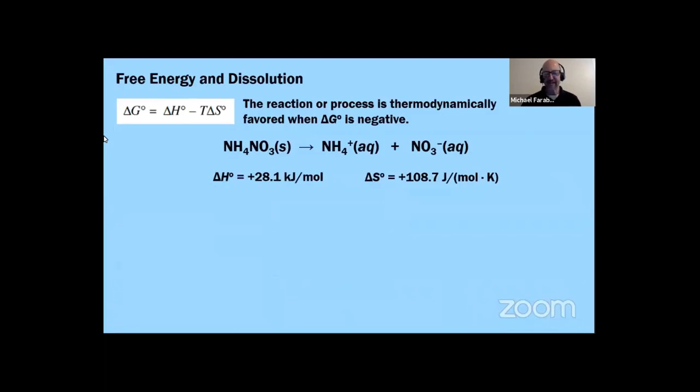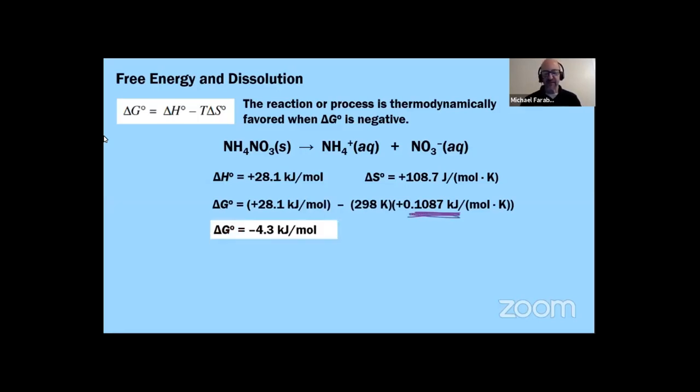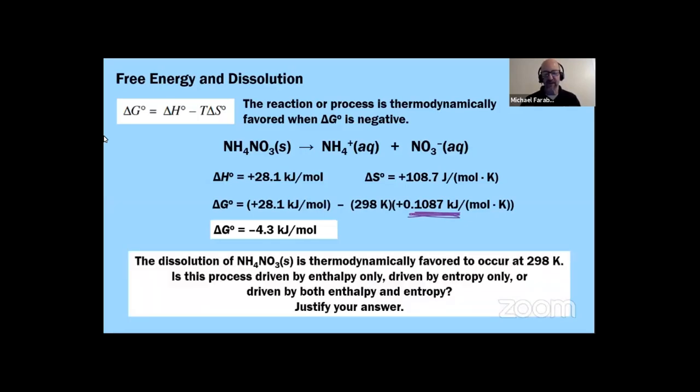I'll give you a hint. This is a soluble ionic compound. It's very soluble. So what would you predict your delta G to be, positive or negative, if this reaction is going to occur? Well, I'm going to go ahead and plug in the numbers. Again, watch what I did there as I divided the delta S by 1,000, so I could get my units in kilojoules, so pay attention to that. And the delta G is in fact negative, negative 4.3 kilojoules per mole,